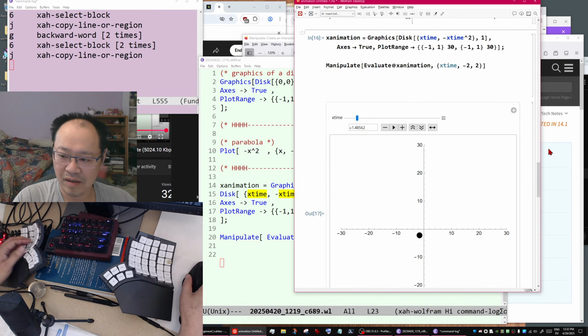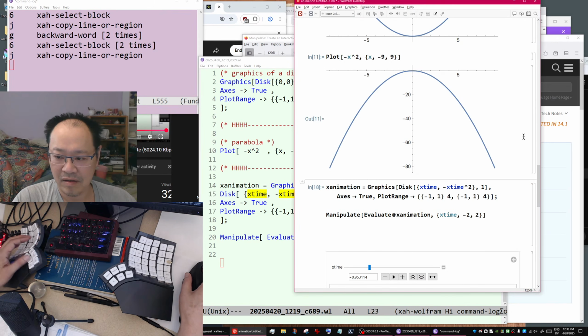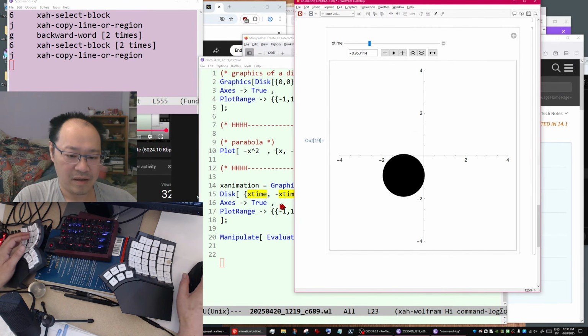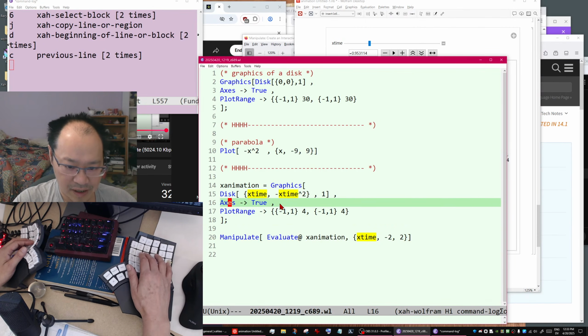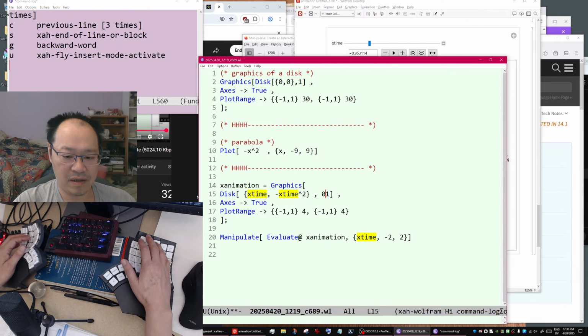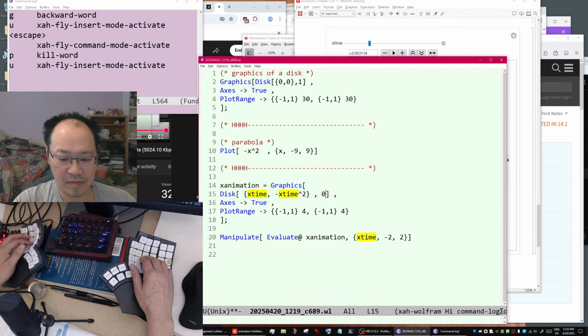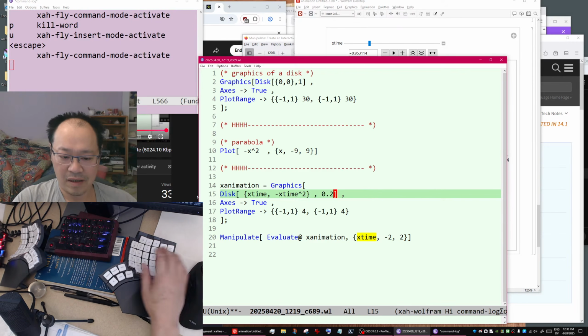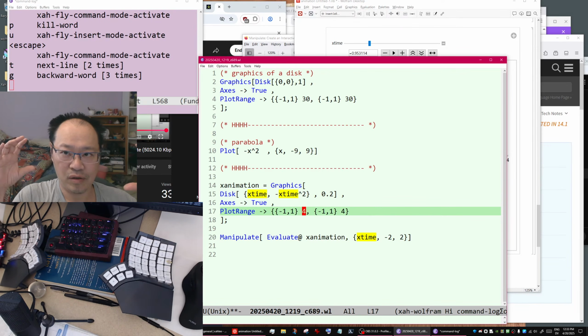Delete that. Now the ball is too big, of course. Now the radius will be 0.2, let's say, and the plot range is going to be